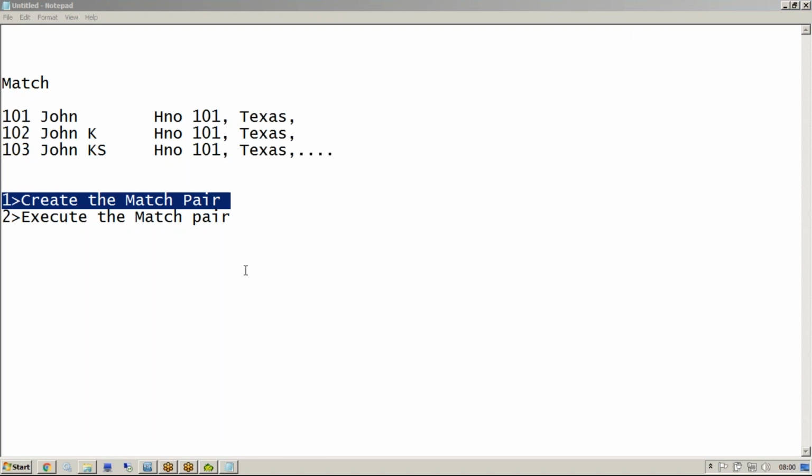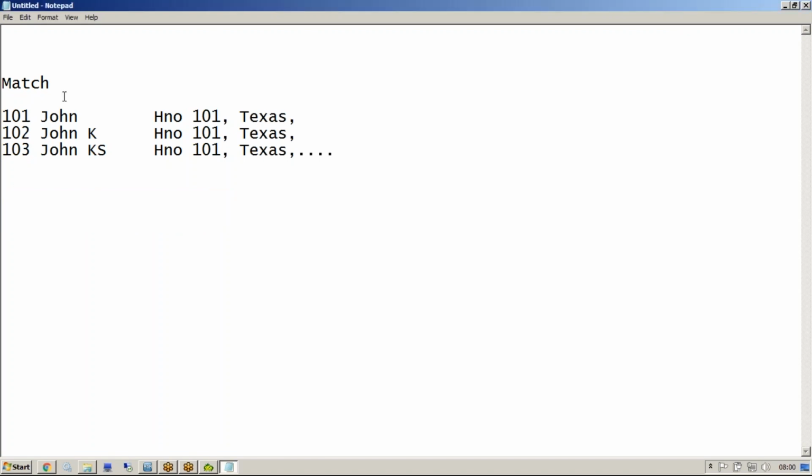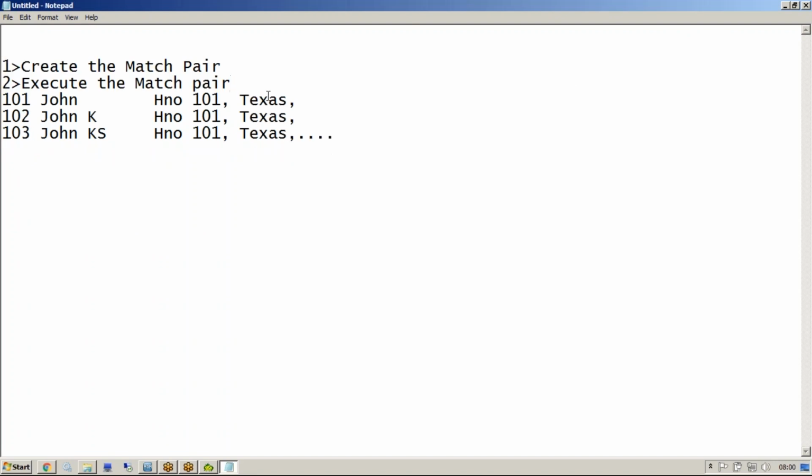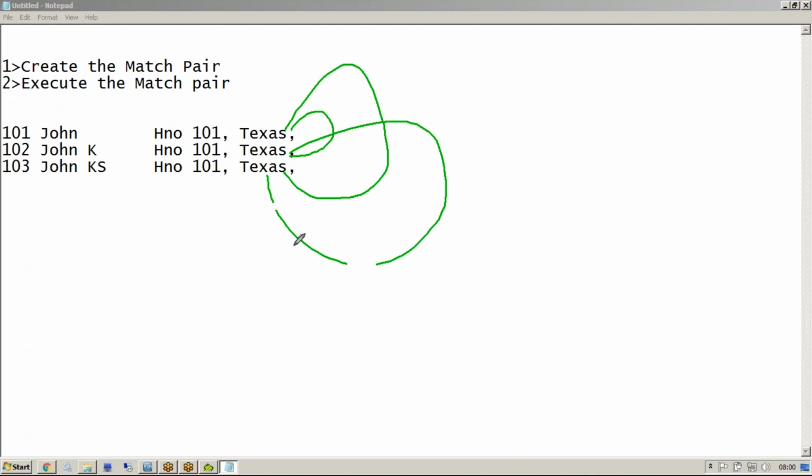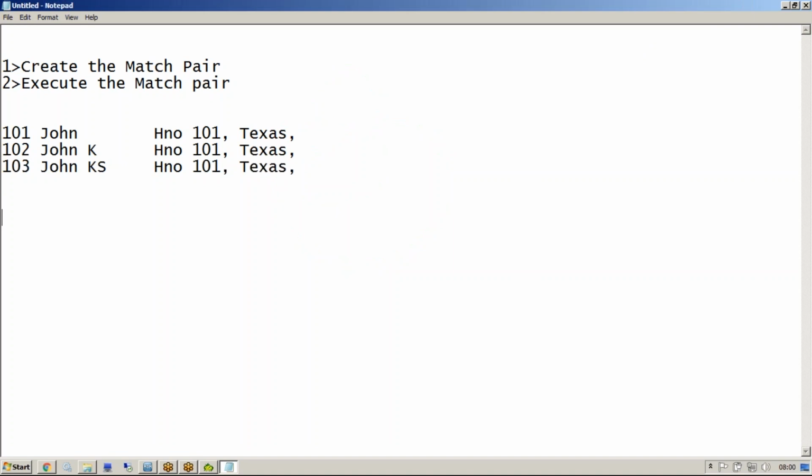Okay, now let's try to understand something. Let's again talk about a layman. So layman, I would like to match this with this, this with this, this with this. Three types of matches, right? So if I have to note down how many matches I'm doing, how many matches I'm doing,